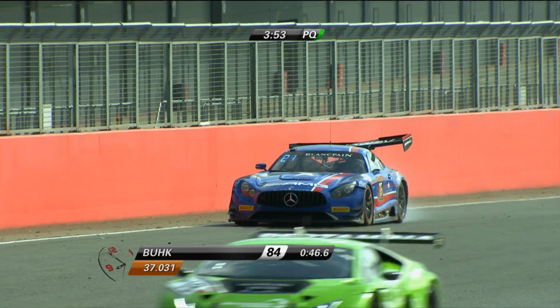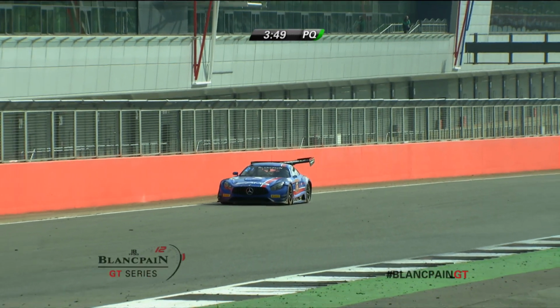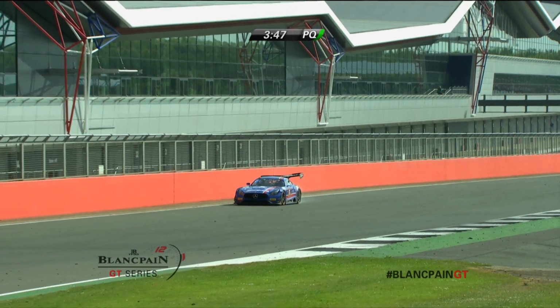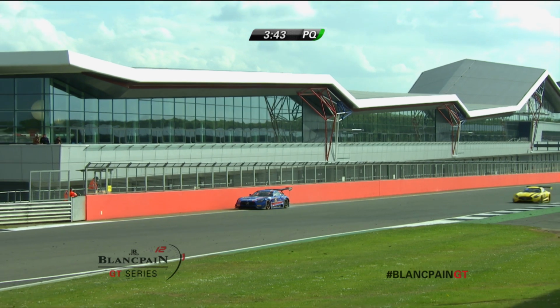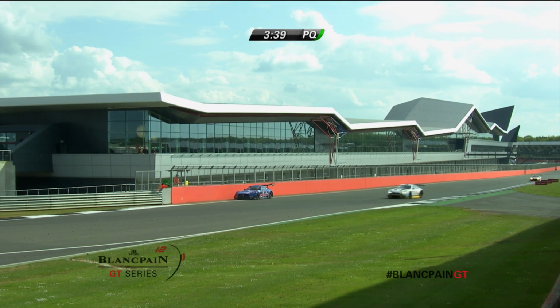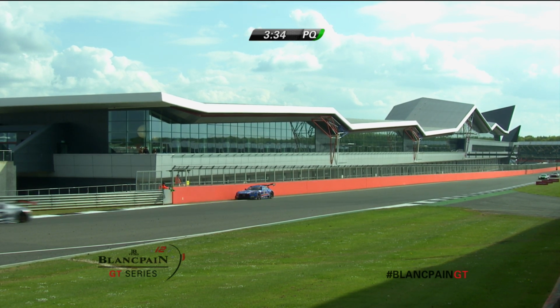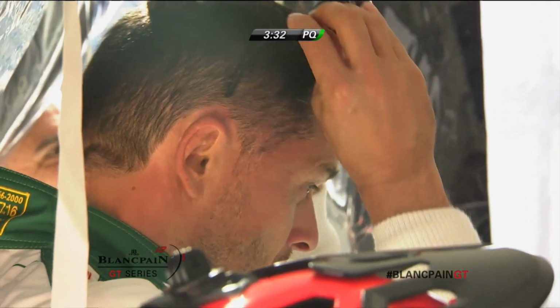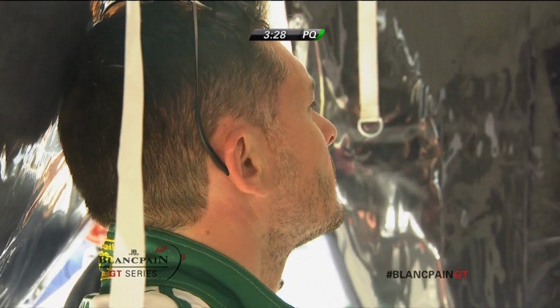There is Ollie, and it's a long way back, and ideally that will not be the car he's going to race. A little later he's decided, yes, pull over. This will be certainly a full course. Well, it's just gone green, would you believe, in Sector 2 now. In Sector 3 we'll have a yellow flag. The car well away from the exit of Club Corner. Nevertheless, in a tricky position is